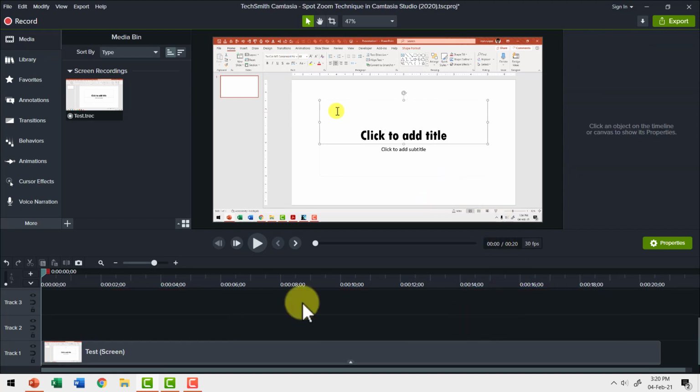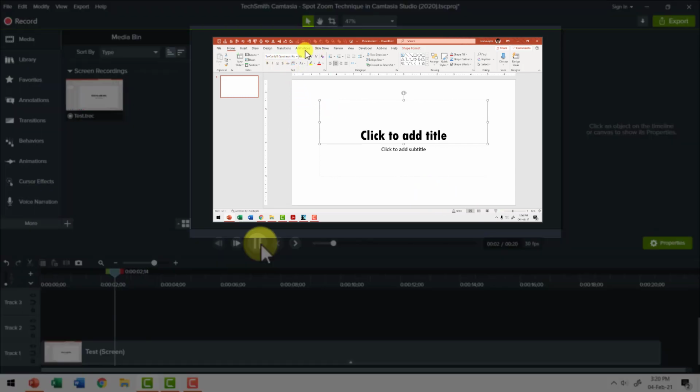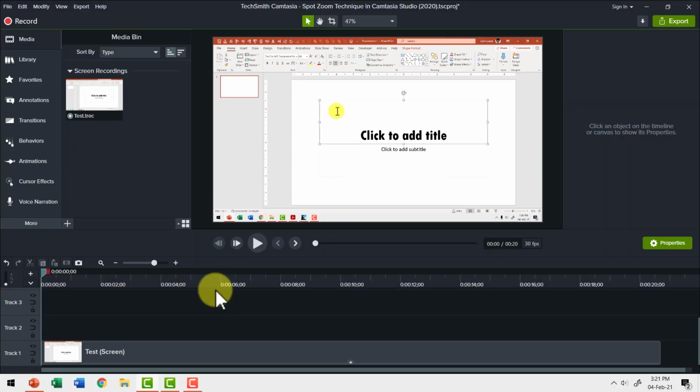Now, when we see the screen capture without the zoom, this is how it looks. Can you see here? We have the cursor going to one group. We finish the explanation and then we go to the next group. We finish the explanation. And once it is done, we go to the third group and then we show the explanation. Naturally, since the screen is so big, it is difficult for the viewers to get a close-up look at each of the groups. Now let us make it easy for them by zooming into the specific groups.